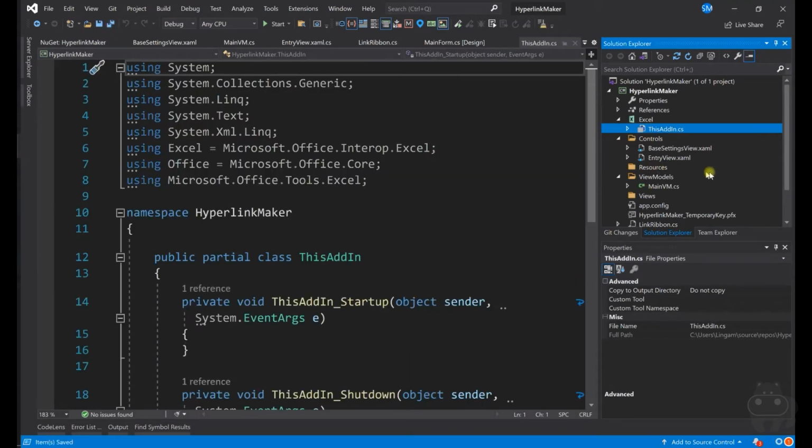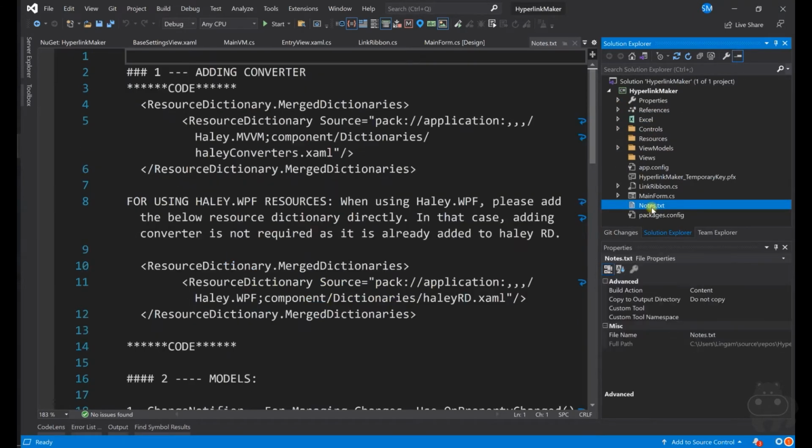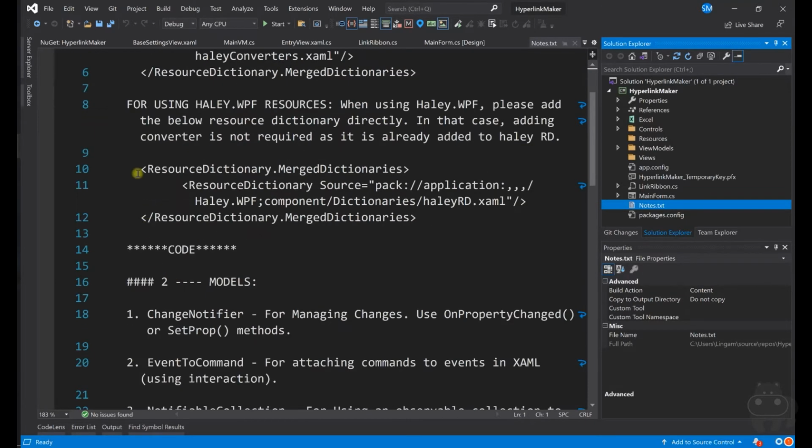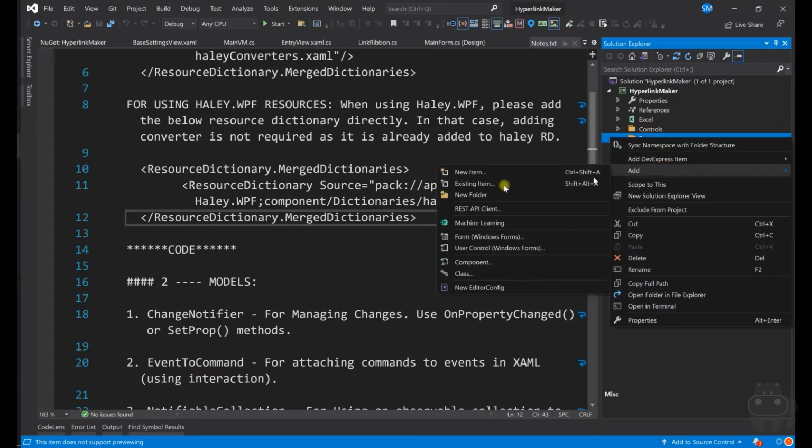Let me save this. When you add it, you should get something called notes. This is the notes. If you have no idea about WPF, the whole of WPF works on the basis of something called resource dictionaries, or themes. A resource dictionary is kind of like merging existing code or styles so that you can bring them all in. So you have this resource dictionary which you need to add, but before that you need to add a resource dictionary itself. But you will not be able to add a resource dictionary at present because this is a Windows Forms project.